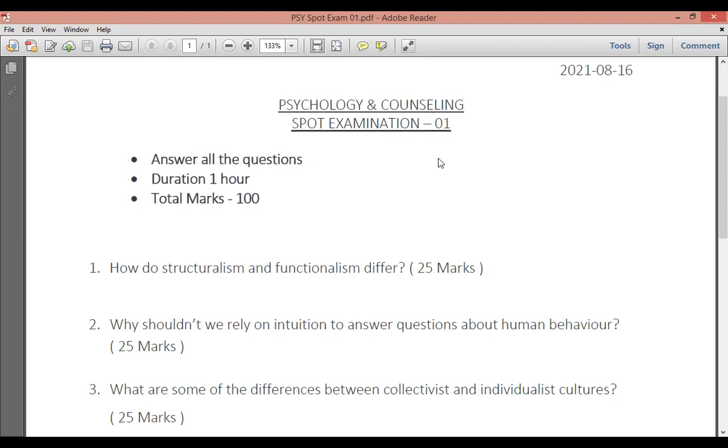In that case, first you choose the questions with high marks, and then you mark the questions that you feel are easy. So in the first 5 to 10 minutes given to answer the paper, you read the questions carefully, 2, 3, 4 times, no problem. Then you underline or mark the questions which are easy for you, and attend to the easy questions first. Many students go according to the order 1, 2, 3 and 4. That is not the proper way of answering a question paper.